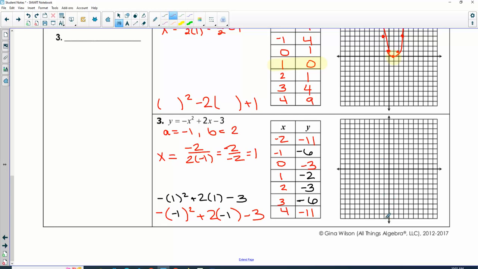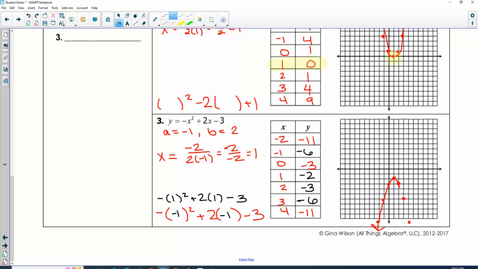So negative 2, negative 11 is kind of off our graph there, but we can estimate it. Negative 1, negative 6, 0, negative 3, 1, negative 2, 2, negative 3, 3, negative 6, and 4, negative 11. So when I graph this one,